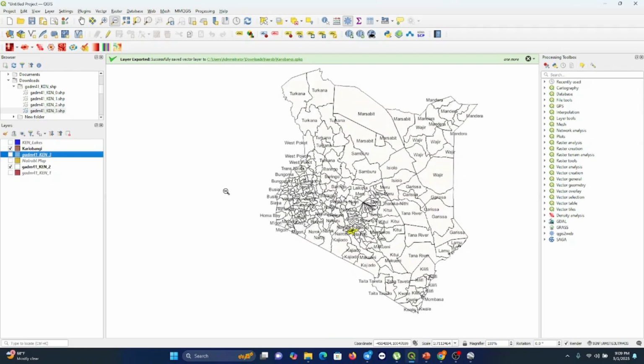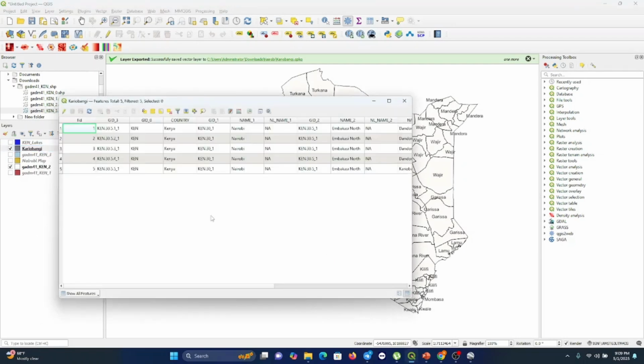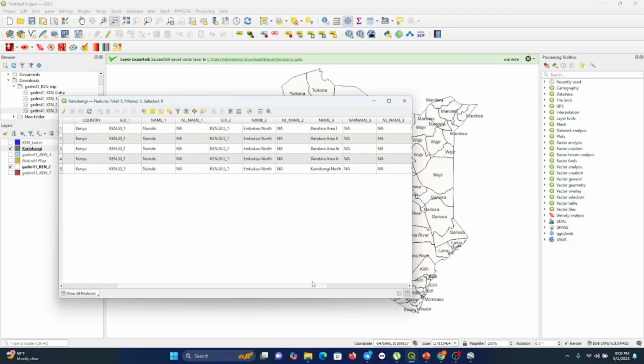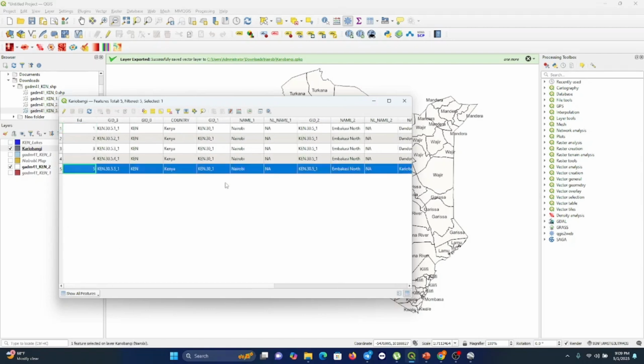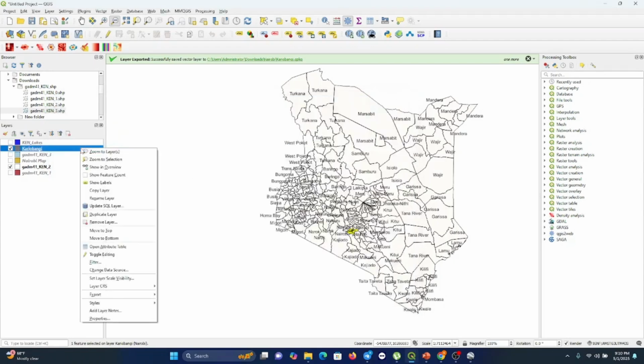Now let me click on the second one and then click this. So Nairobi, then I have extracted Kariobangi, right click on that, go to attribute table. On the attribute table, I want to extract Kariobangi North, which is in Embakasi North. So I'll just come here, click on that, then go back again to Kariobangi, right click, go to export,